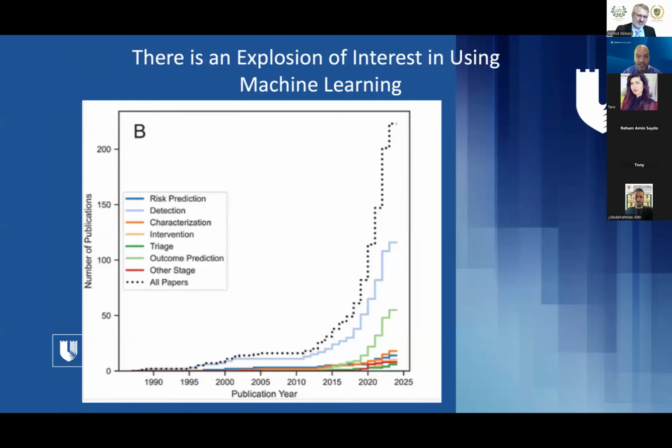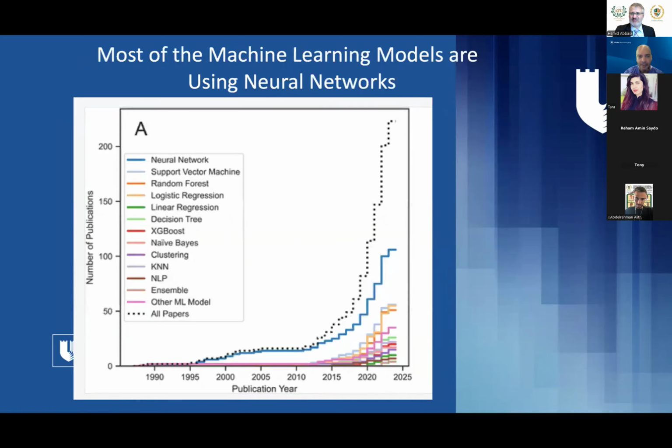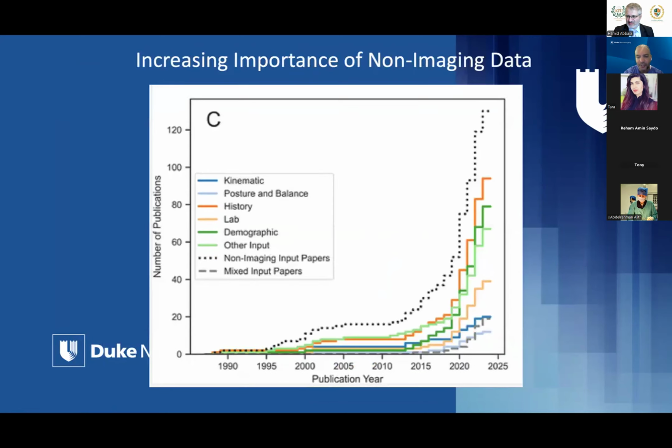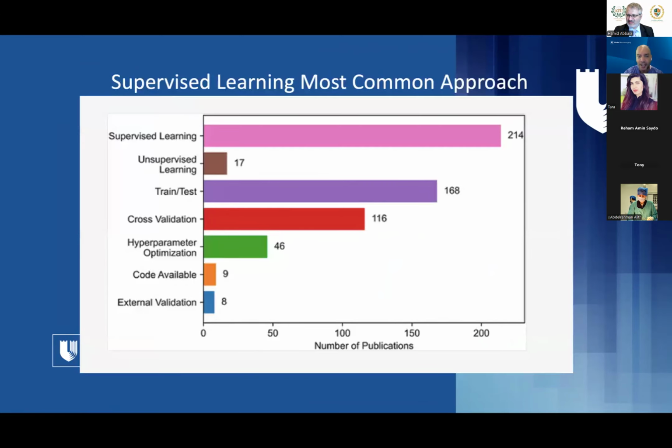And not surprisingly, we found that there's an explosion of interest. If you look at the years and how many publications about this, it's been a lot. Most of them are working on detection or outcome prediction. If we look at the type of machine learning that's been used, most of it is neural networks. MRI is a key part of this, but other people are starting to look at other things besides MRI. If we look at the bad part, we found that cross validation or external validation was only very